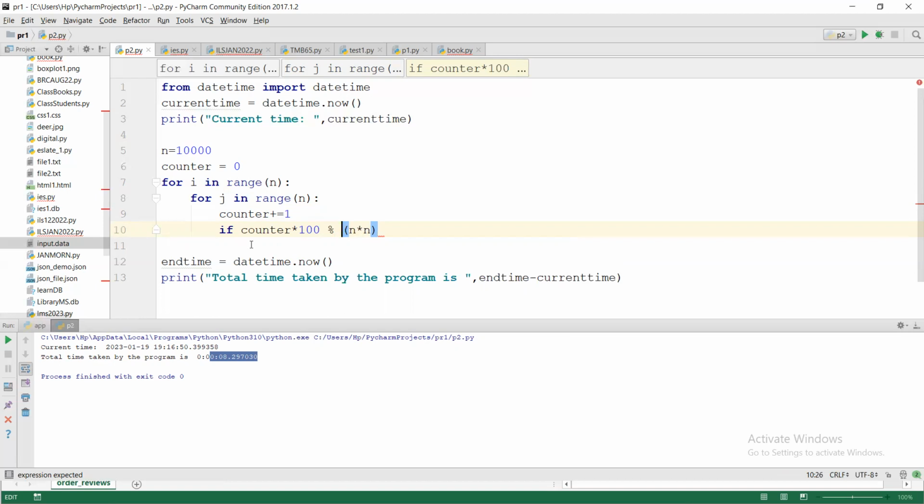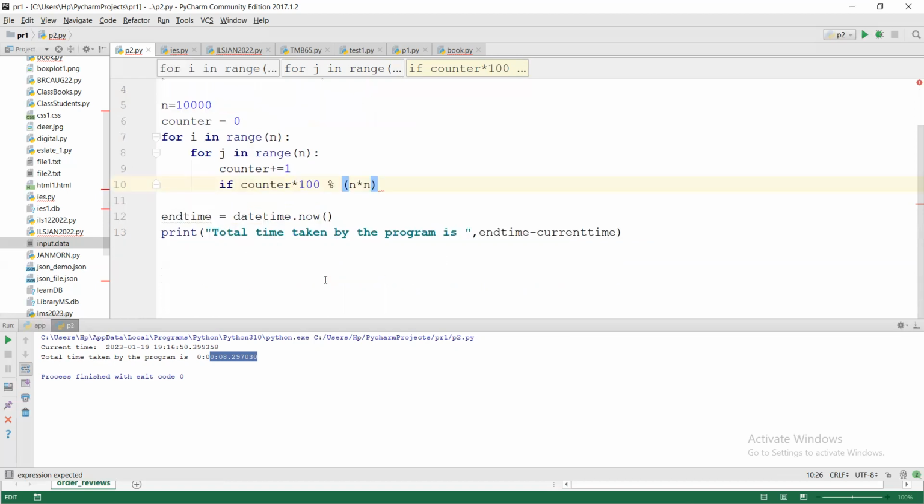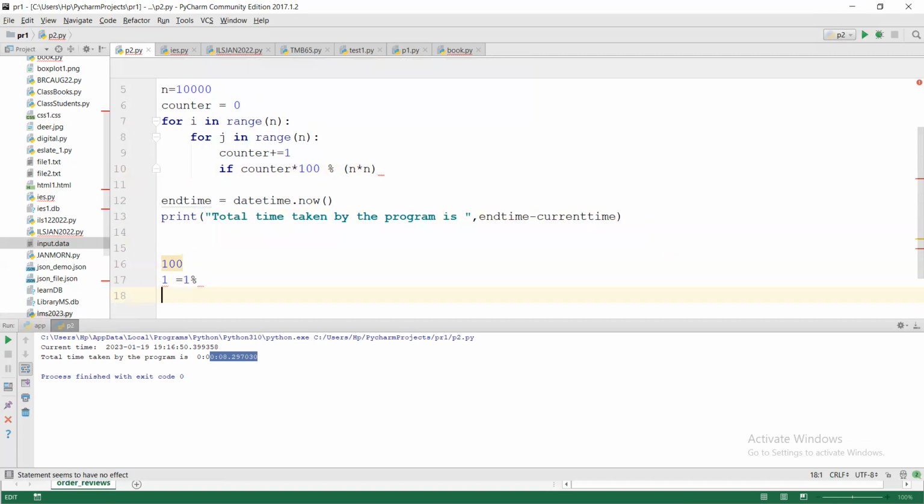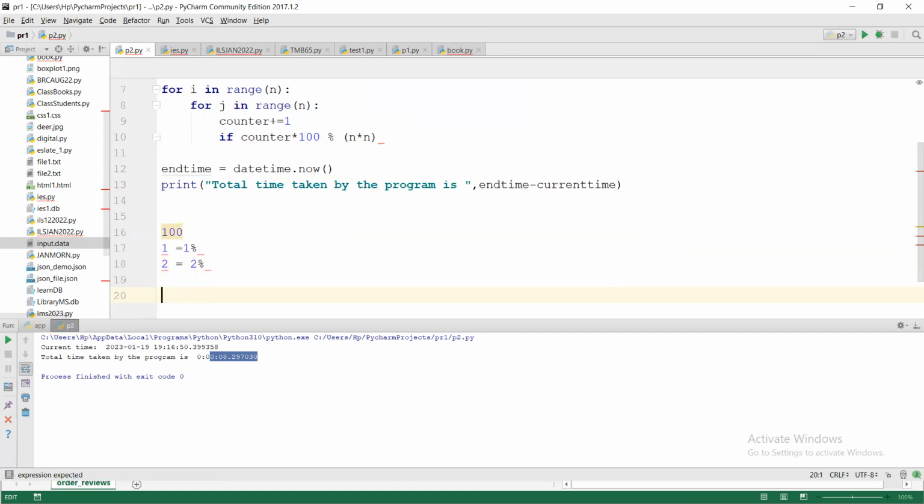So see, this is the total value. Let me do it with a smaller value. Let's say you have to perform something 100 times. So if you complete one step, it is 1%, correct? If you complete two steps, it is 2%. So how do I calculate that? What I'm doing is, I'm saying you take the counter, multiply this with 100 and divide by 100, and if